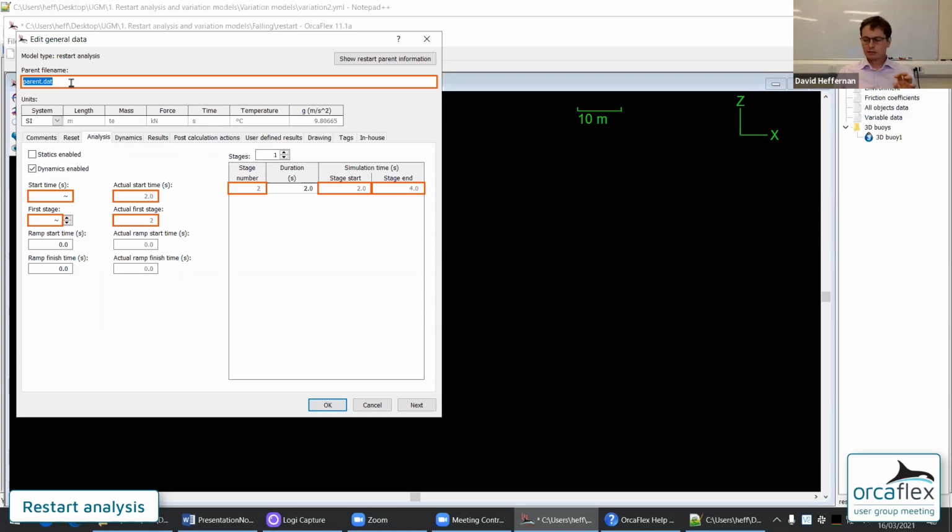But when I actually come to try to run this, what OrcaFlex is going to do is it needs to get the state from the parent analysis, and it gets that state by loading the sim file for that parent analysis. So it takes this file name, it changes the extension to sim, it loads that file, it transfers across position, velocity, acceleration of all the degrees of freedom and actually some other state as well potentially, and then starts the analysis. That's really how a restart works.